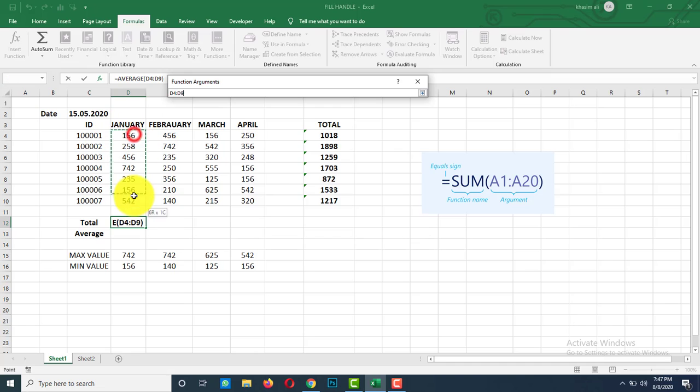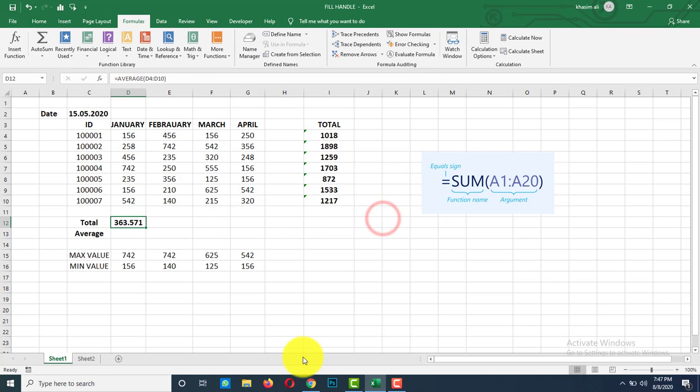Now select the range and click on OK. Like this, you can enter your function in two ways, either manually or from function library. Excel provides a large number of built-in functions that can be used to perform specific calculations or to return information about your spreadsheet data. These functions are organized into categories like text category, logical category, financial category, math and trigonometry category, etc. These are the basic things you have to know about the functions.